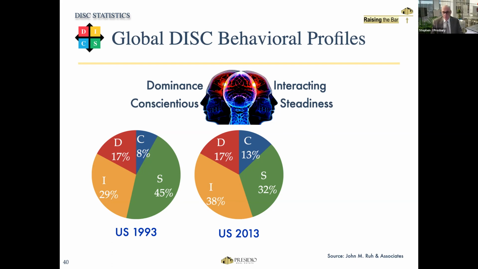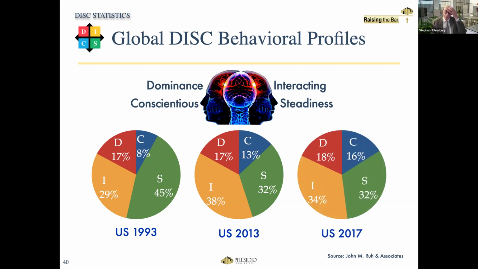All right, and we move again just another few years, so really another 4 years or so. I haven't got one as close as our date today. This is the latest one, which you'll see here. We've got 18% for the D's, 16% for the C's. So since 1993, the C's have actually doubled. And then you've got the S's that have more or less stabilized at 32, and the I's are just squeezed down a touch at 34, but still much higher than they were in 1993.